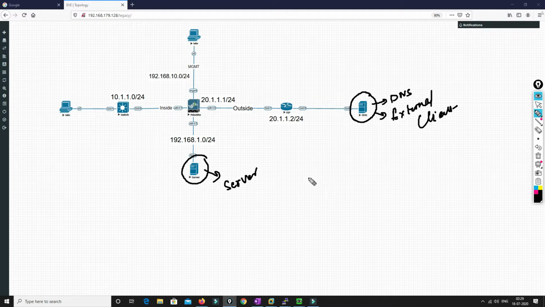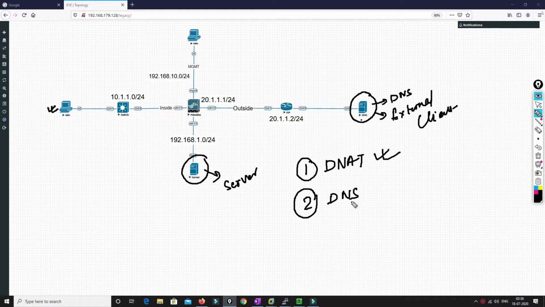The first thing we are going to do is check whether the DNAT we have already configured from outside to inside is working properly or not. We'll check that as well. And also the other thing we are going to check from this machine is whether the DNS resolution is working or not,